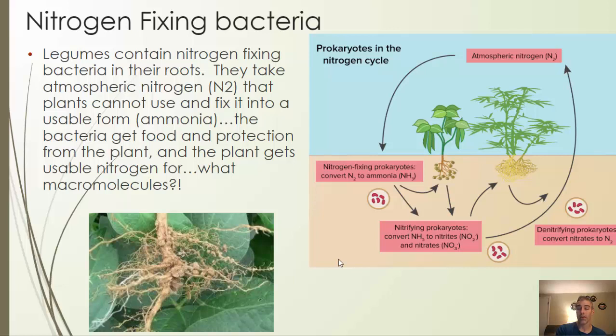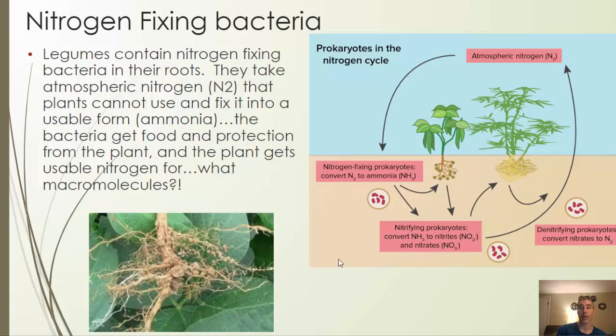Nitrogen fixing bacteria live in the root nodules of plants, specifically legumes. Legumes are things like beans and peas, but also clovers. They have these little nodules in which bacteria live. Now the bacteria is not part of the plant, it just lives with the plant. The plant provides the bacteria food through photosynthesis, and the bacteria provide the plant with nitrogen in a